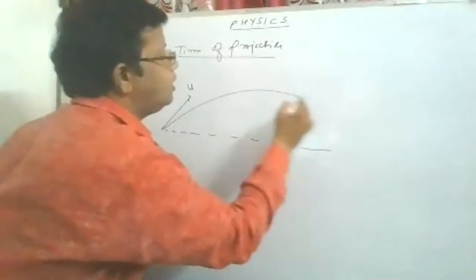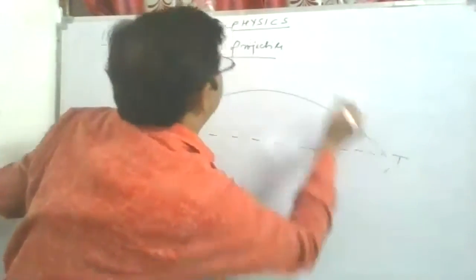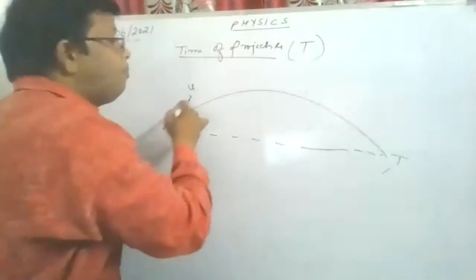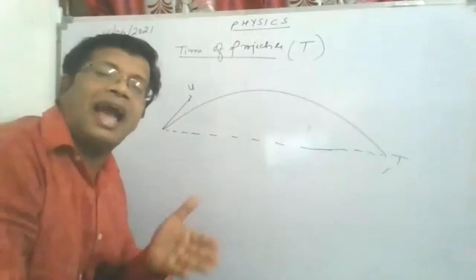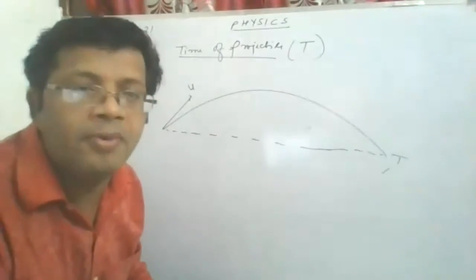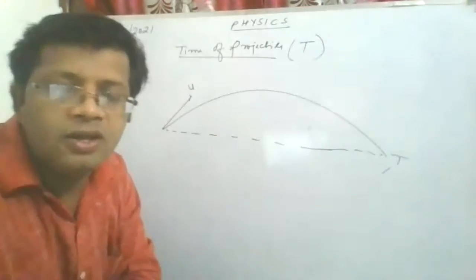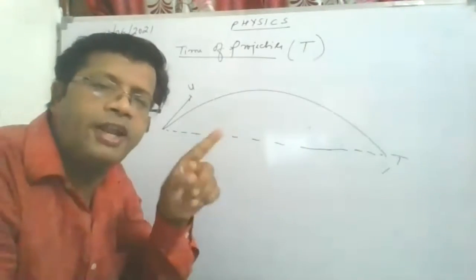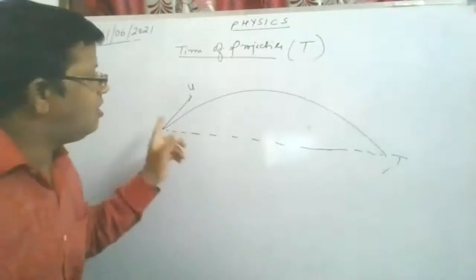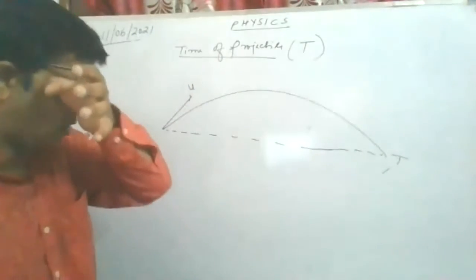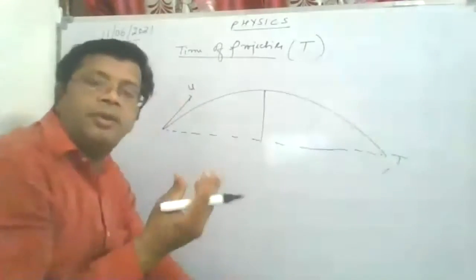See here, beta, the time taken to go from here to here is called the time of projectile. The complete path is called the trajectory. Trajectory means the actual path moved by the projectile. Here the trajectory is parabolic. In one-dimensional motion the trajectory was linear, a straight line. Here the trajectory is parabolic. Now see here, if the total time of flight is t, then beta, see: